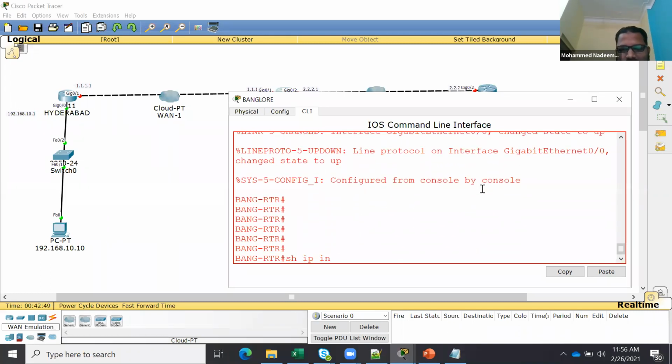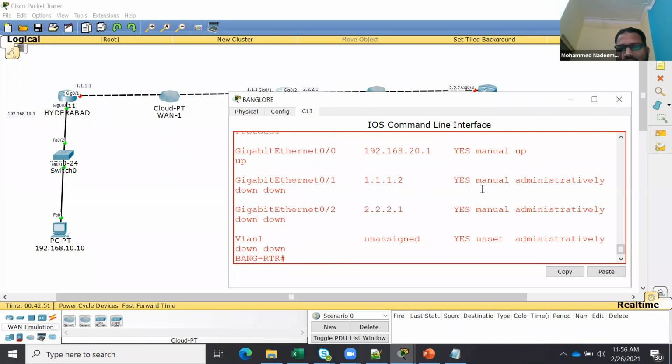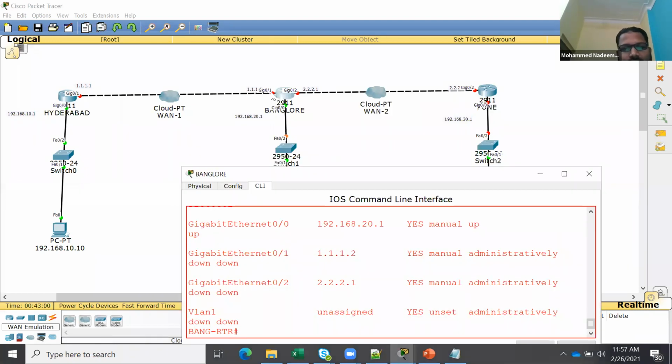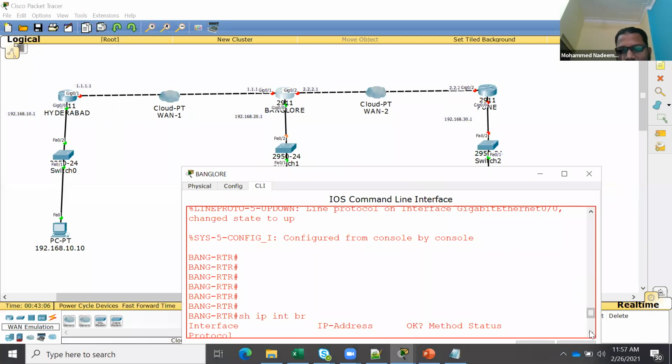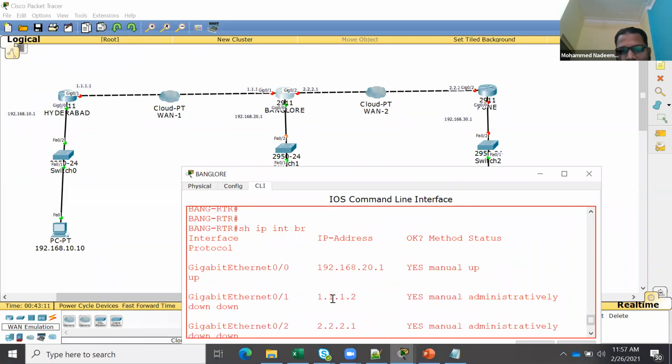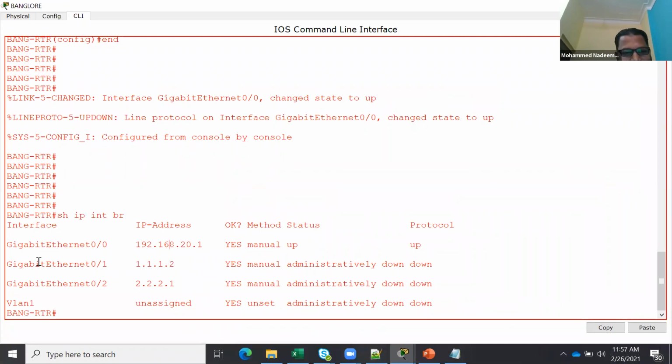Show ip interface brief. Can you see it? Gig 0/1 has not yet come up. So if you go here, see, this interface, can you see what it is saying?